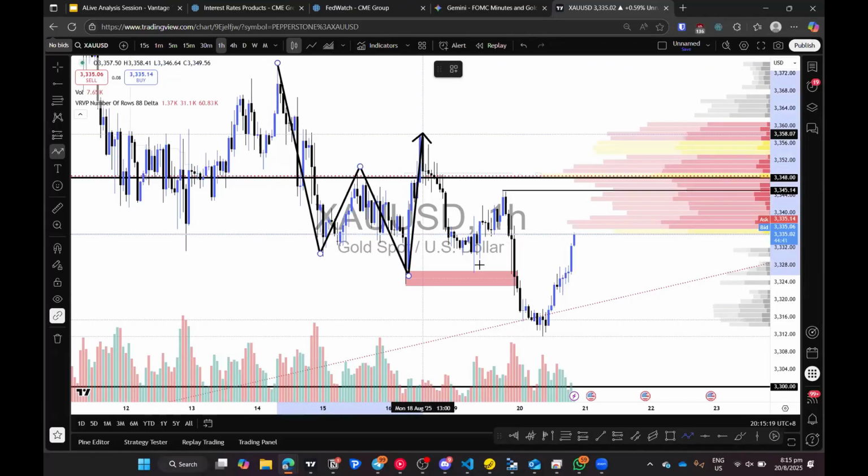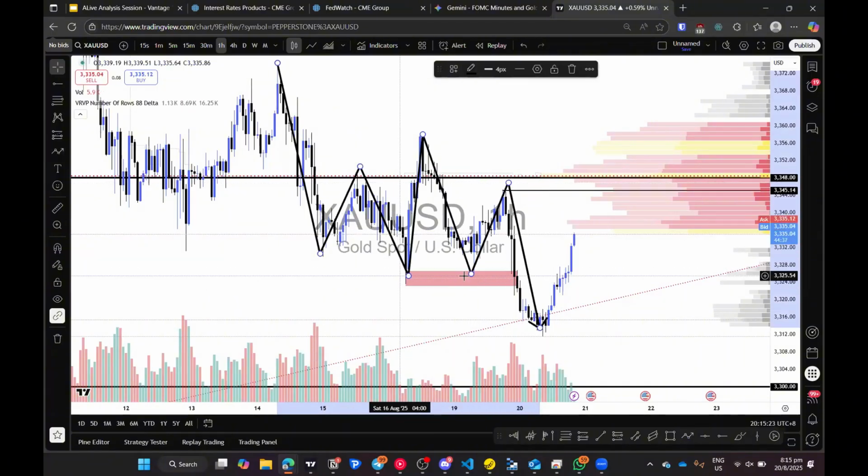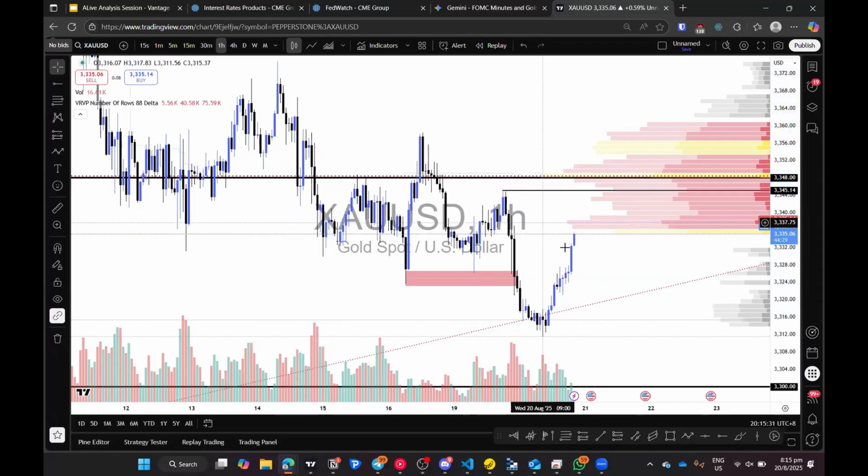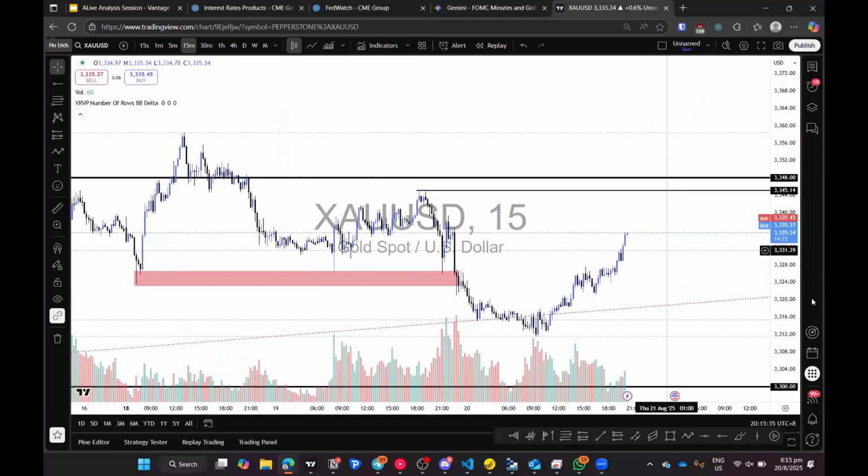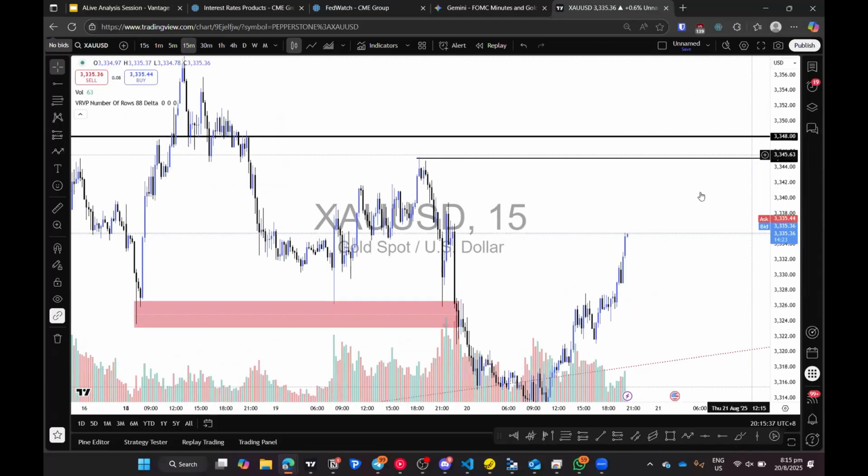It's overextended, but nonetheless, it created the double bottom without making a higher high. And so we are still in a bearish momentum. Okay, this is the 1 hour. And then on the 15 minutes,